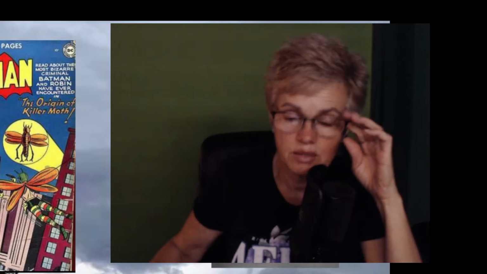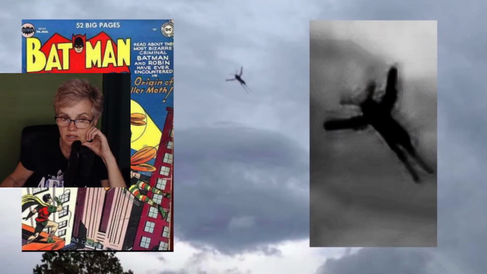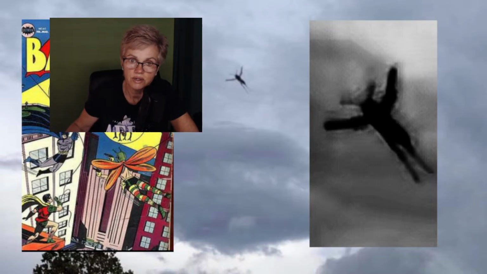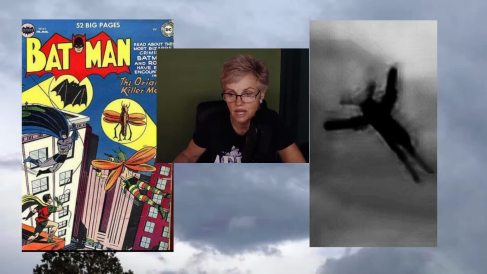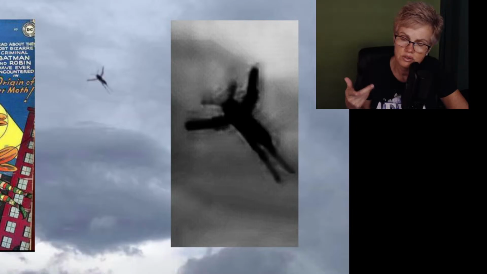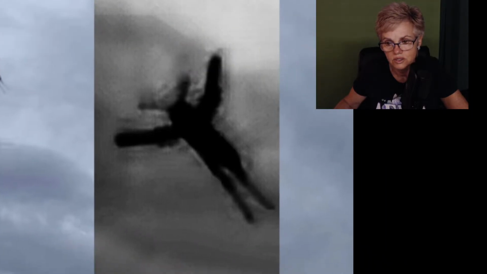So we've looked at all of those images, and they did a Batman. I'm trying to get myself on here. They did a Batman, but this was flying in the sky. It really did. When I was outside taking pictures of the sky, that's what it looked like. When I blew this one up, it looks like this. And that really does kind of look like some type of a humanoid right here. Some kind of a humanoid being. And maybe a space being with things on his arms, which really look weird. They really do look weird on his arms.